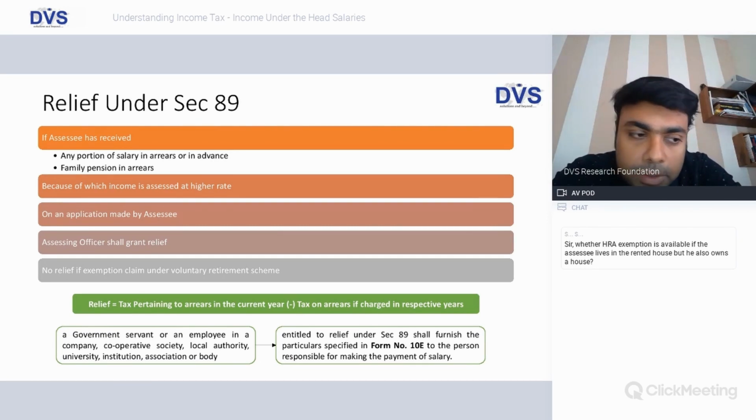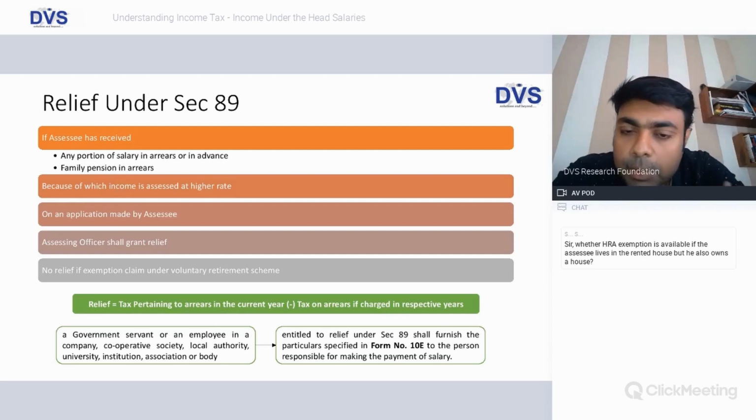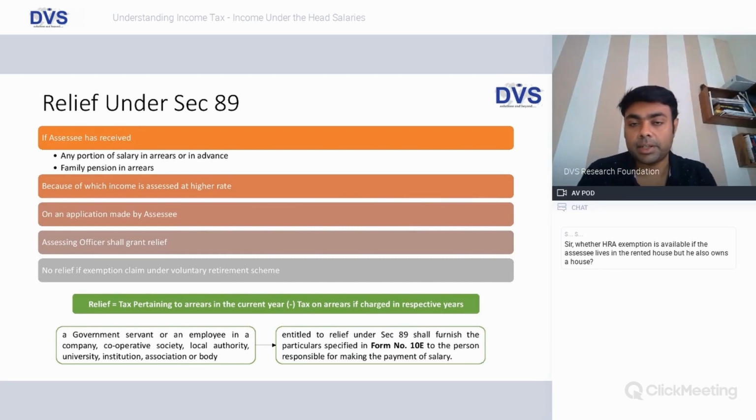And now your employer, the government, says you will get arrears, which will mean every year your income is going to go up by 1 lakh, and that 4 lakhs will be received in 19-20. And let's say in 19-20 your salary is 7 lakhs. If you add that 4 lakhs to 7 lakhs, you go to the next slab, and the tax on the 11 lakhs will be significantly higher.